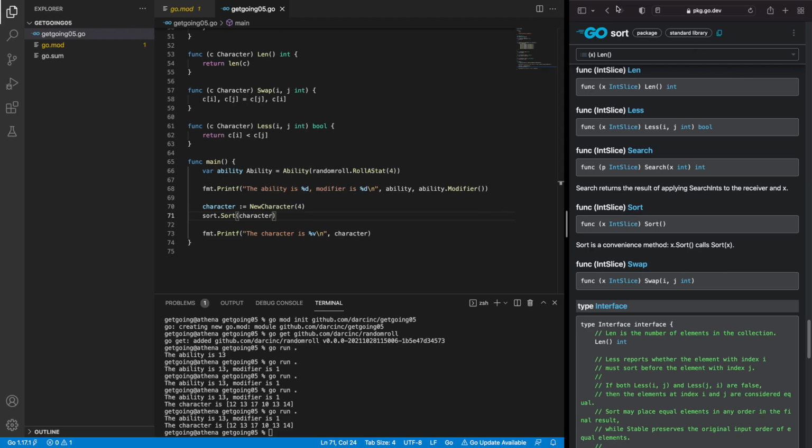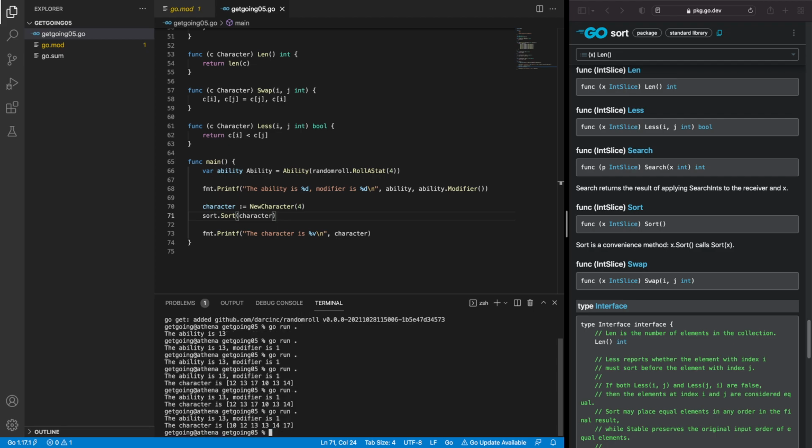How do I close this? Ah, okay, well, I'm stuck with that for now. That's sad. So if we run it, now we see that the values are in ascending order. And so if we just do sort.reverse,